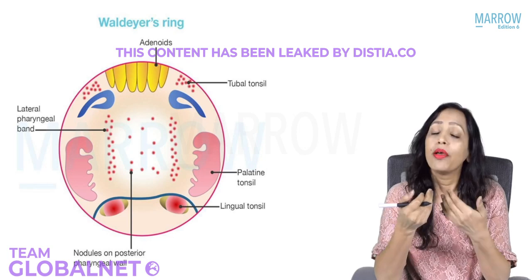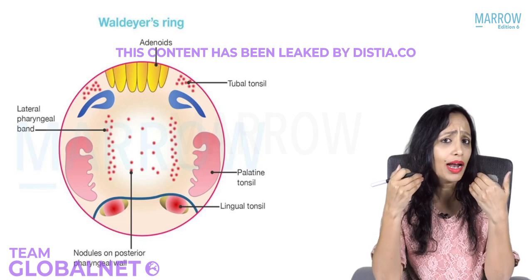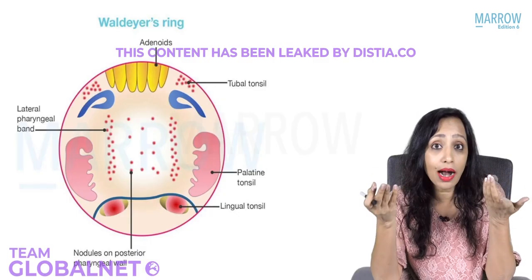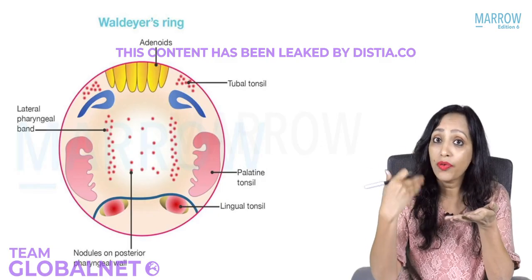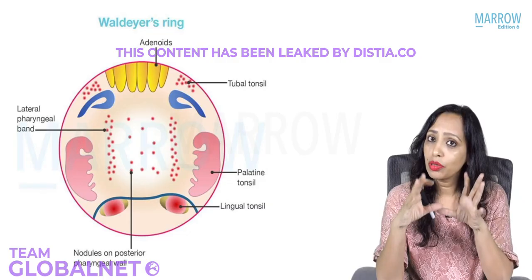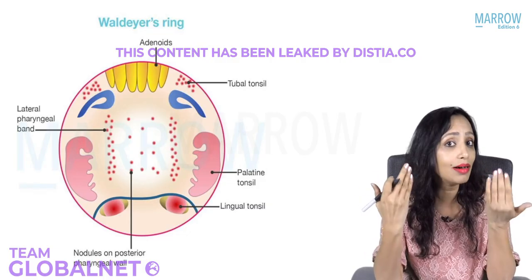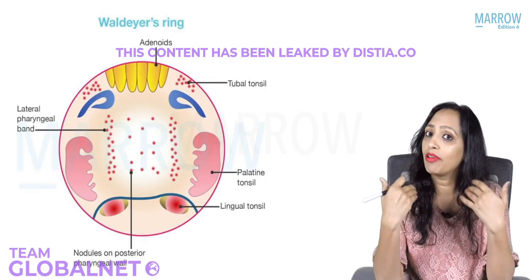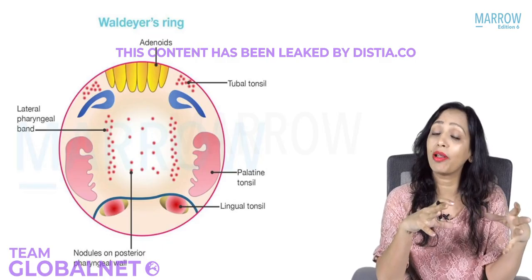Now, in the oropharynx, we have the tonsils. Why are they present in the oropharynx? Again, as guards. The oropharynx is the area through which we always eat. Whenever there is food, there are antigens in whatever we are eating. These come in contact with this lymphoid tissue and elicit an immune response. So, the child is developing immunity. These are very important in a child for the development of immunity.